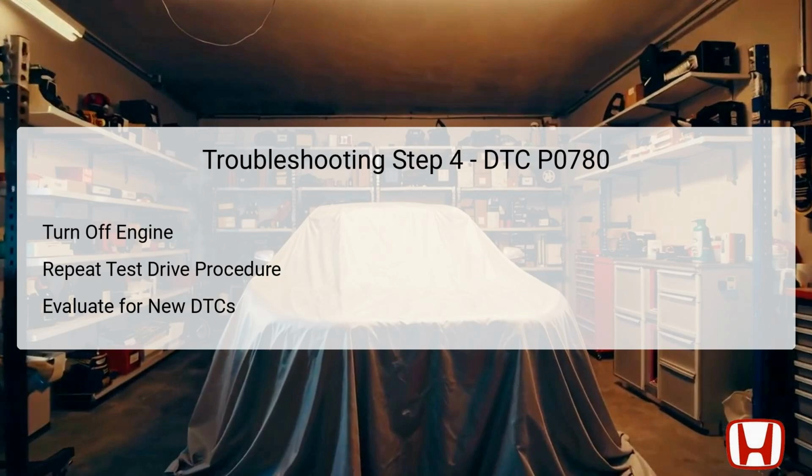The technician will then initiate another test drive, replicating the previous conditions by accelerating in D-position mode until the vehicle once again reaches 37 miles per hour, 60 kilometers per hour. This repeated testing is crucial for identifying whether the issues have been resolved and if the transmission can consistently shift